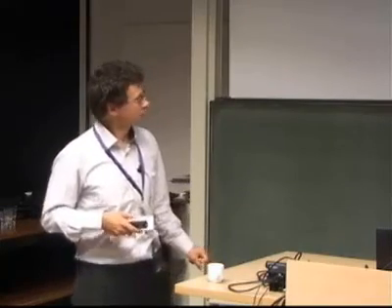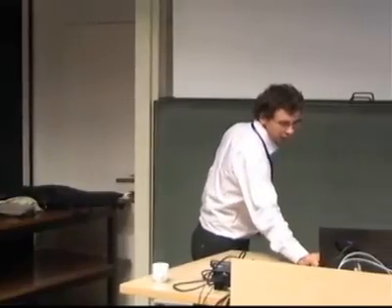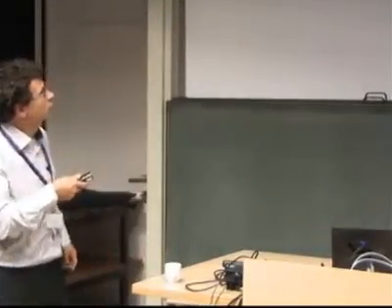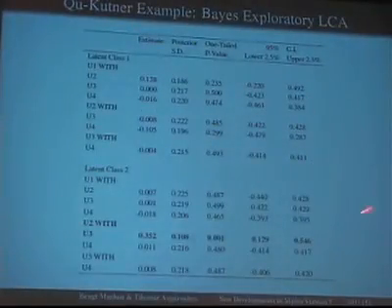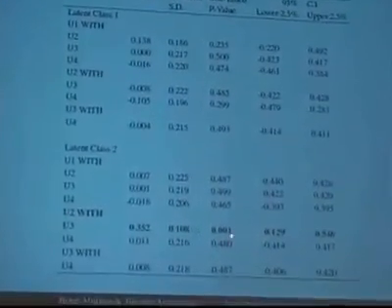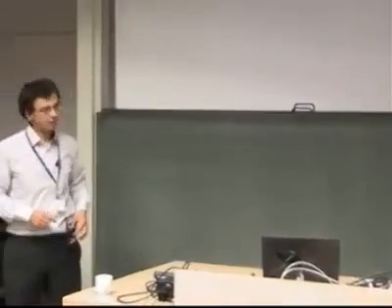And here are the results of that particular example. They had only one correlation, between 2 of the indicator variables. These are the results here. None of this was significant in class 1. In class 2, you just have one significant correlation, and the confidence interval doesn't include 0. And that's exactly what the Qu and Kuttner analysis also found, what they published. And basically, if you include that correlation, you get exactly the same results as